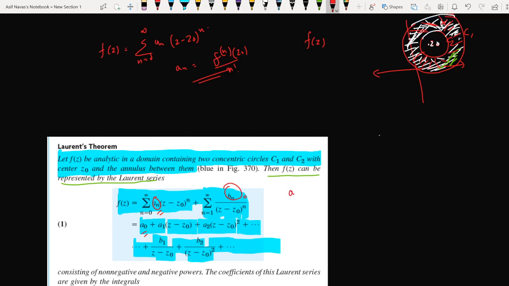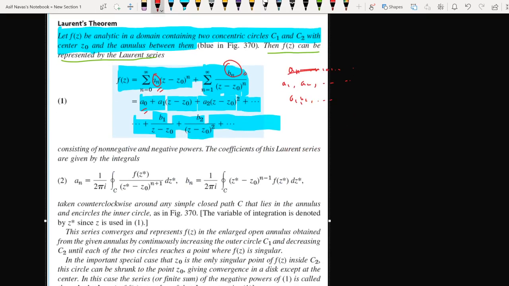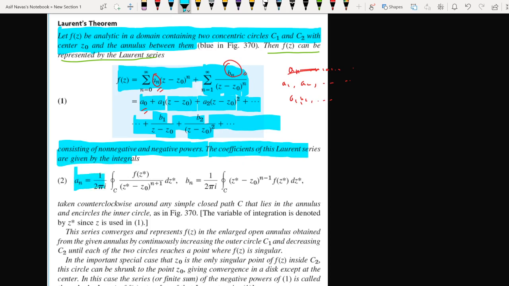So if we know a_n for n equal to 0, 1, 2, etc., that means a1, a2, etc., and b1, b2, etc., these are the unknowns. If we find these unknowns, we can find the Laurent series expansion. This Laurent series expansion consists of non-negative and negative powers. The coefficient of Laurent series can be found: a_n is equal to 1 by 2 pi i